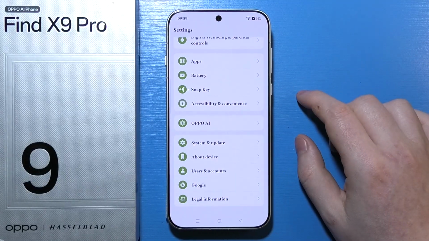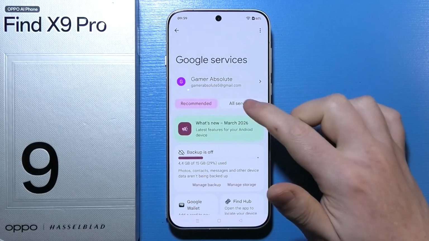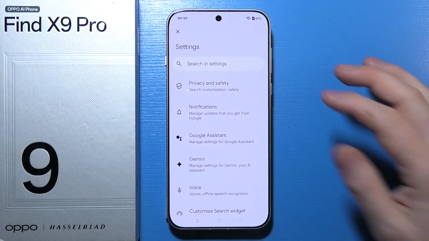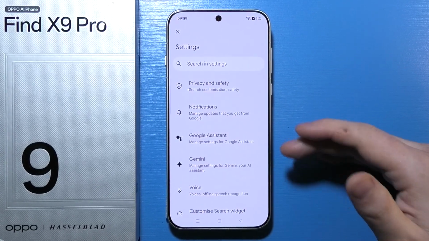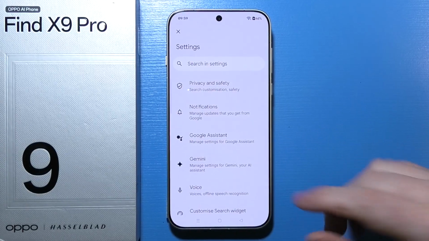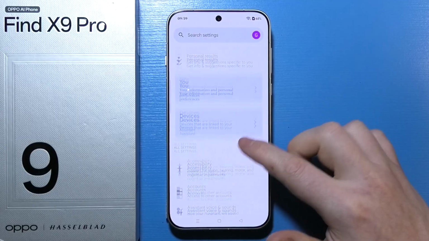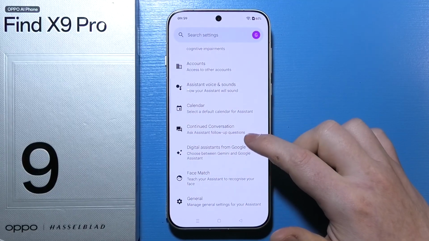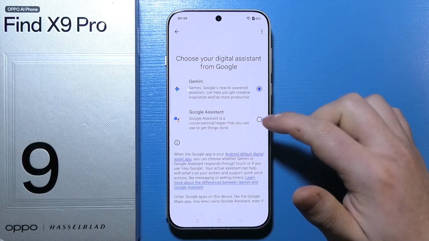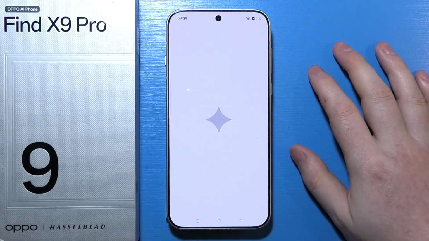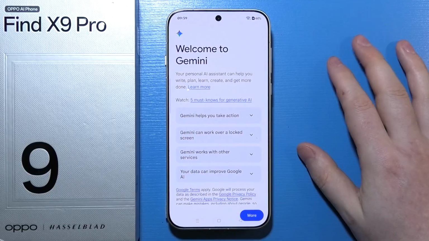Scroll all the way down of the settings page, click on Google, all services, and scroll down until we find Search Assistant and Voice. After that, you can pick whichever Google Assistant you want to use, Gemini or standalone Google Assistant. If you want to use Google Assistant, go down to the Digital Assistant from Google and make sure that Google Assistant is selected. If you want to use Gemini, click on Gemini, and that way you should see this